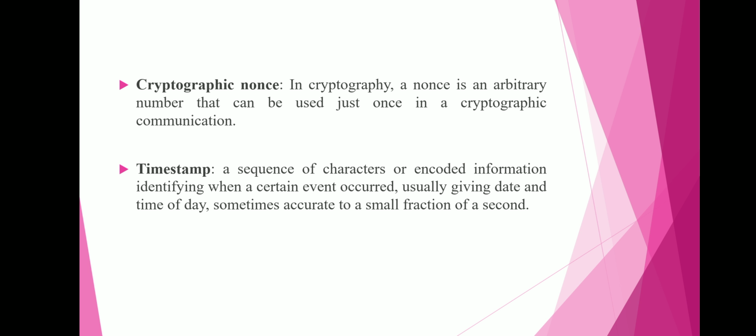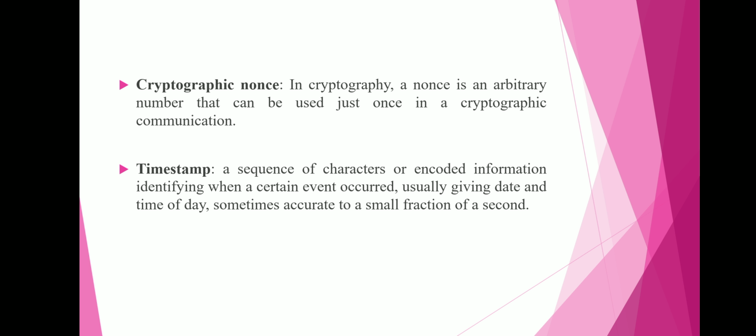Here we will discuss a few more cryptographic primitives, like the cryptographic nonce and timestamp. Let me define what is meant by nonce. A cryptographic nonce is a random number, a number generated only once. This can be used in the cryptography part. This random number is also very important. The number will be randomly generated, and it can be used along with the hash function or along with the cryptosystems in order to achieve security.